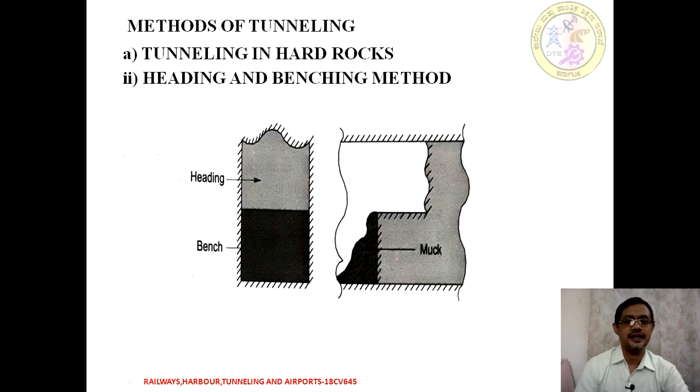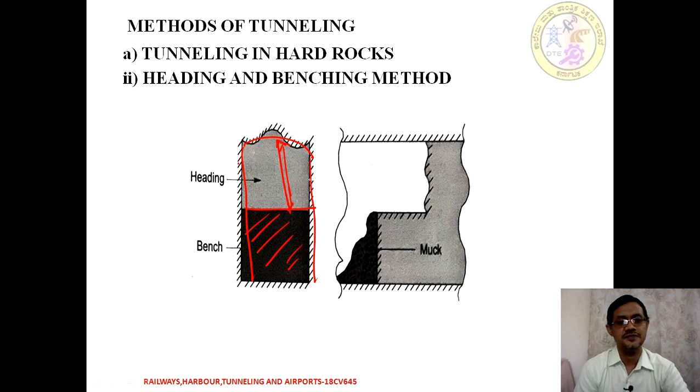So this is the diagram. It explains how the heading and benching is carried out. Say, for example, this is the tunnel section, and we need to construct it according to the geometry. According to this method, the bottom portion remains as it is. The top portion, or heading portion, is exploded first. The remaining portion acts like a benching to support the roof, which needs to be constructed according to the geometry.